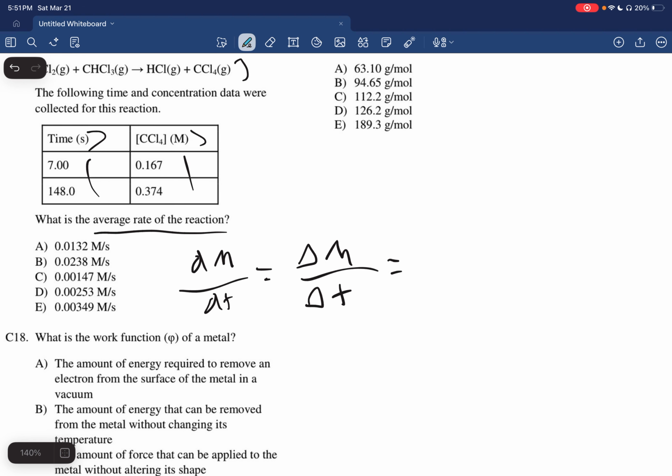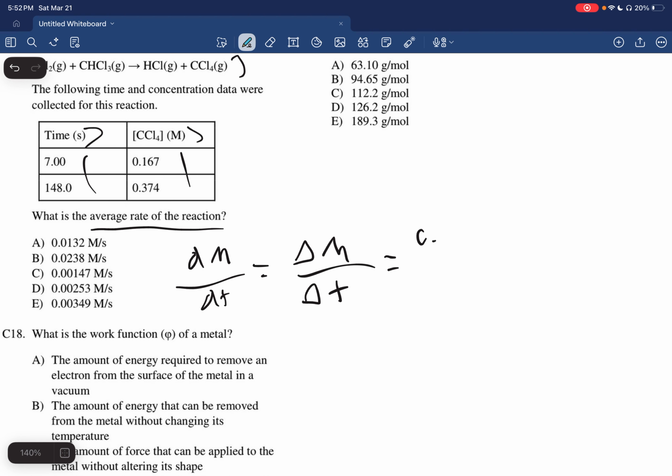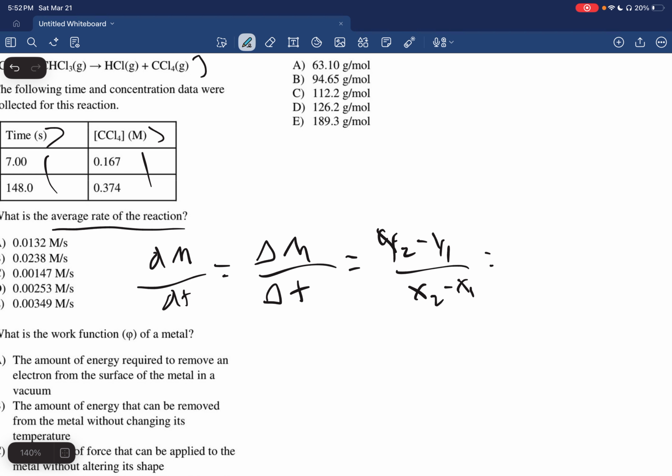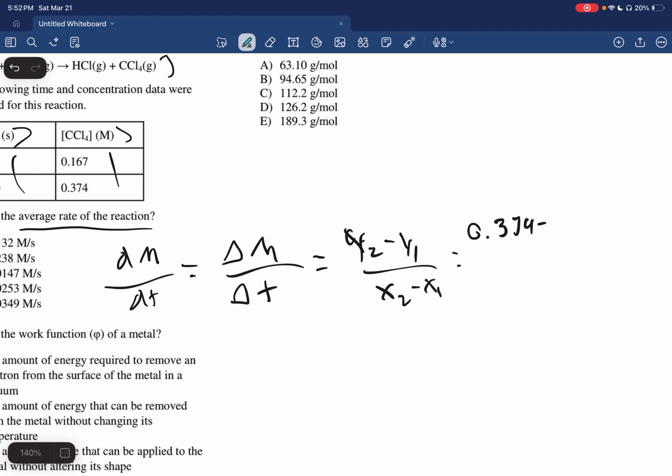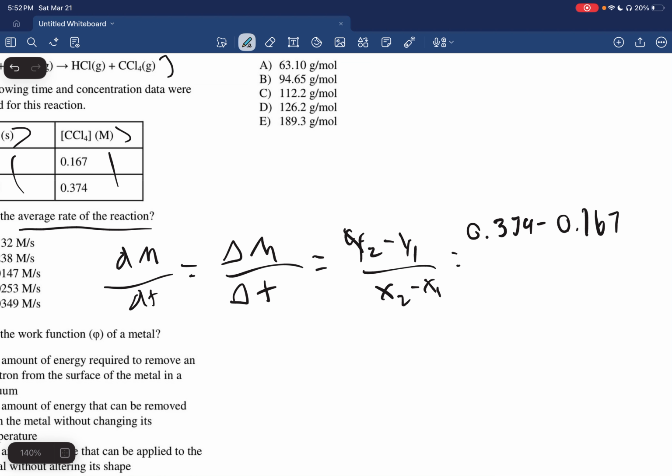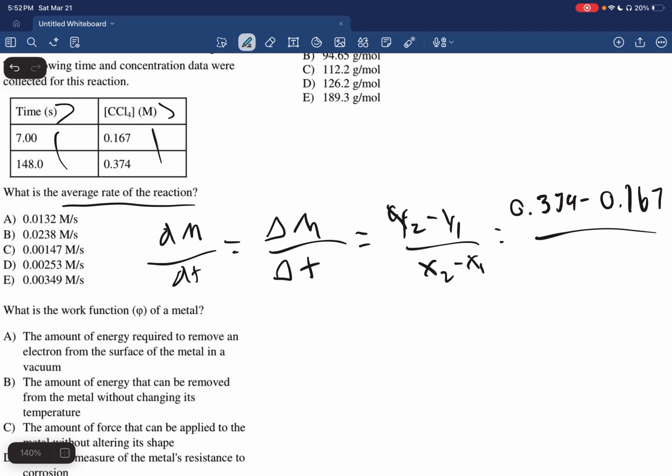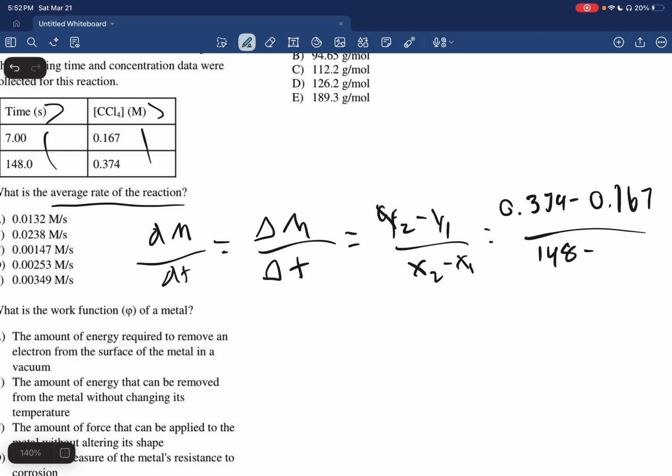And that should be fairly easy to do, because all we have to do is y2 minus y1 over x2 minus x1, or 0.374 minus 0.167 over 148 minus 7. And when we put that in the calculator,